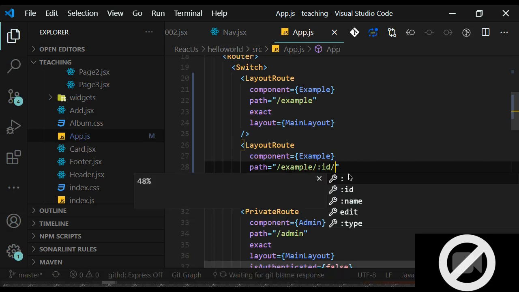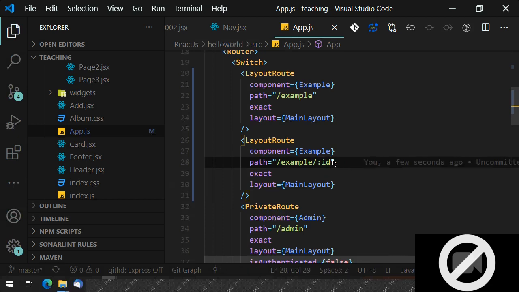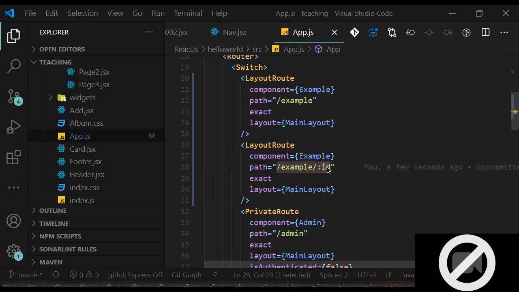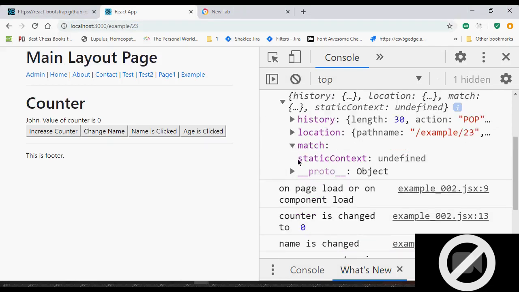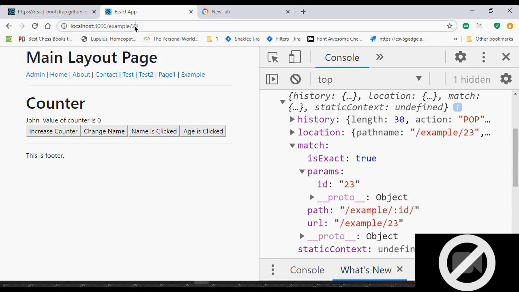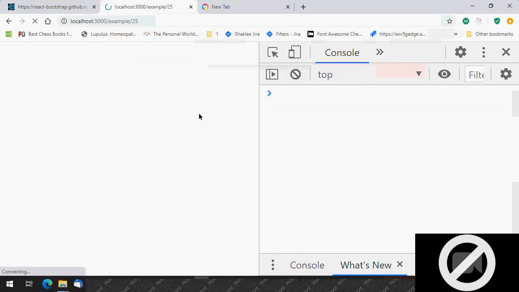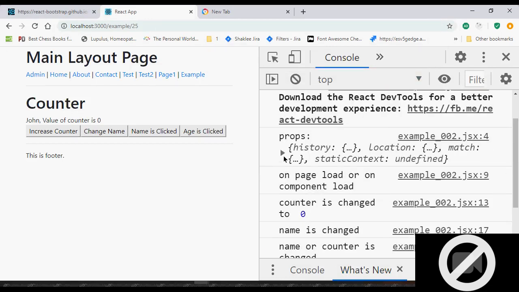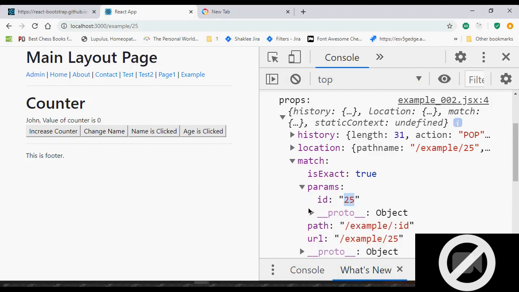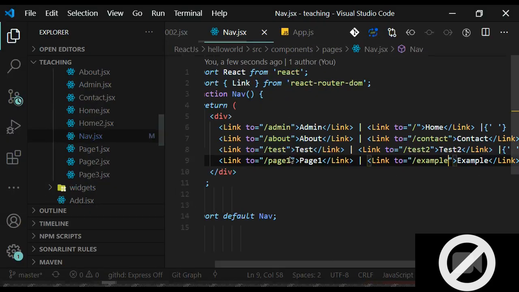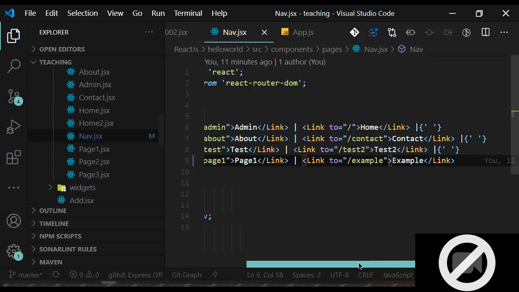You can have multiple also, colon sub ID. This is also possible. So when I pass this ID, it will be accessed in the component like this. Inside props we have the match, inside match we have the params, and we get 23. If I pass 25, then it will be 25 here. Okay, so I will create one navigation so that you can see the value getting changed, and based on the value we can show the